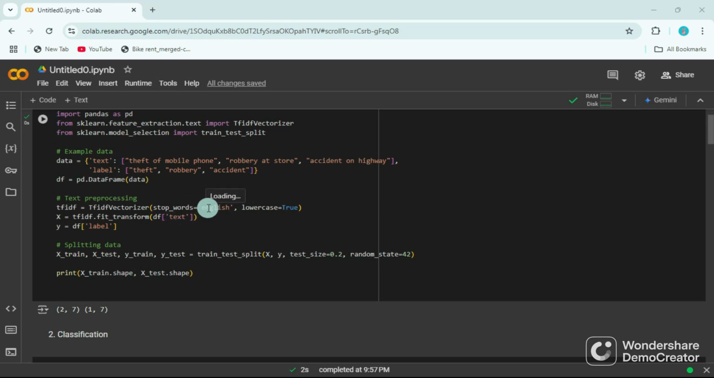parameter tells the vectorizer to ignore the common English words like 'the' and so on, which don't add much value to the text analysis, and the lowercase parameter tells the vectorizer to convert all text to lowercase. Then X equal to tfidf.fit_transform